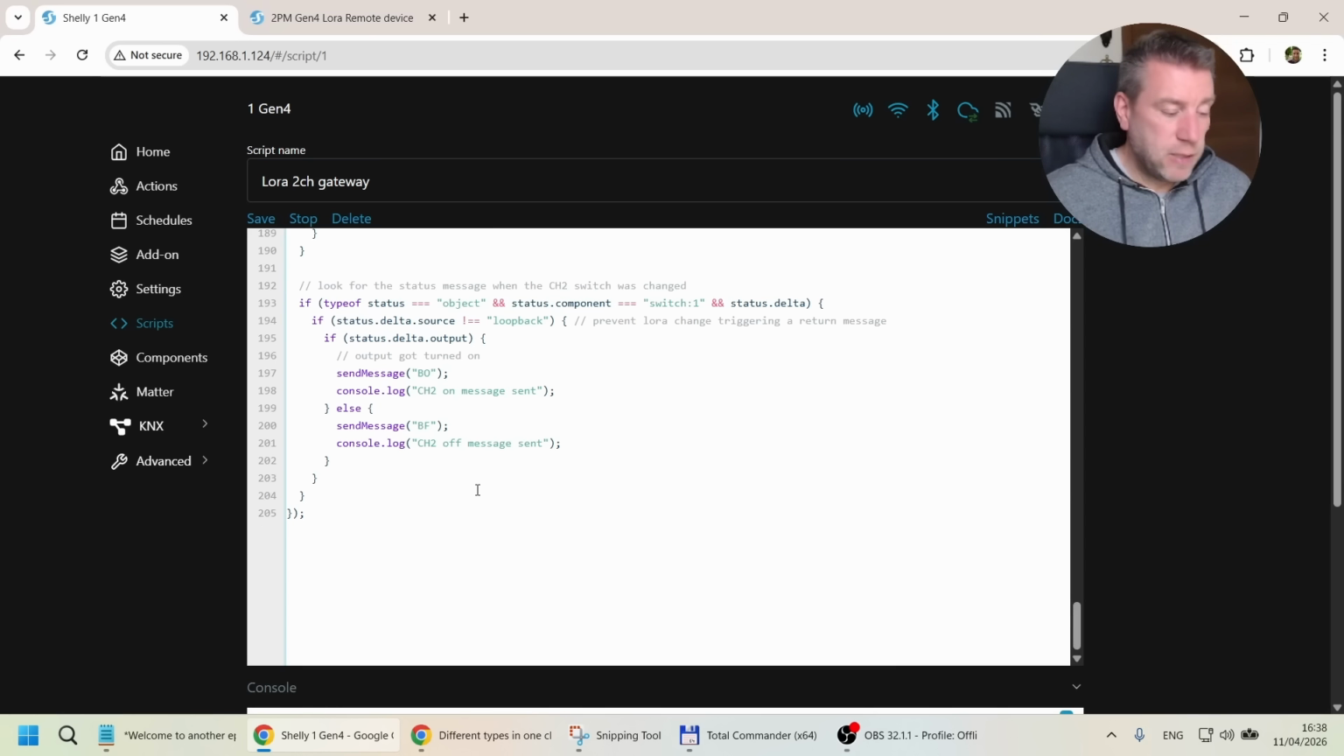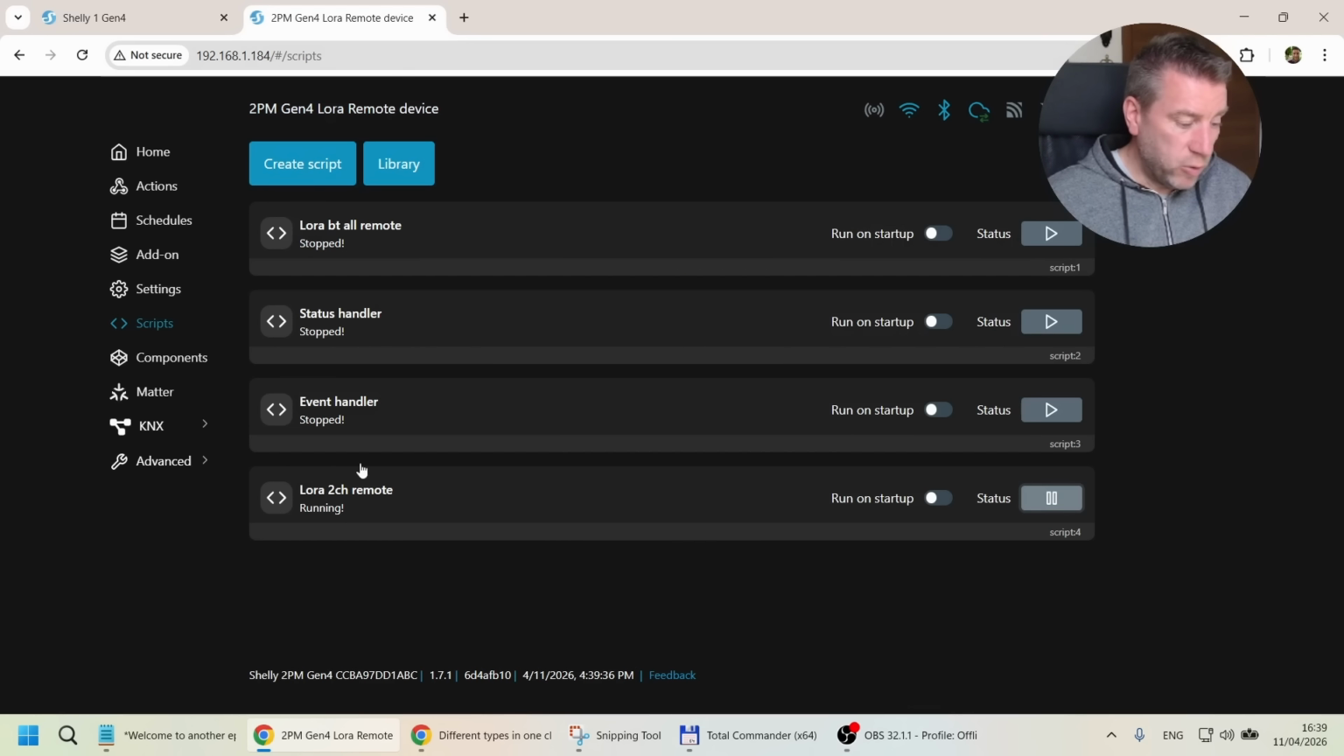And we just have to copy and paste this piece of code and implement it for the second output, which is going to be called switch:1. And we do exactly the same process, but we send a message with a different first character, which is going to be B in this case. So BO or BF, whether the second channel got turned on or turned off. And that's the bit which I'm not going to be able to replicate here because my source device is a single channel device. But again, if you would use a 2PM there, you would have a switch:0 and switch:1. So then these messages AO, AF or BO, BF go to the remote device,